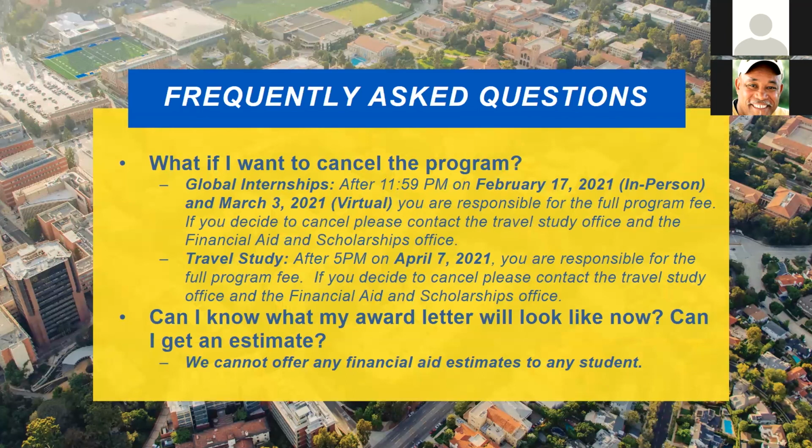Okay, and can I know what my award letter will look like now? Can I get an estimate? Number one, if you have not done the FAFSA, then there's definitely no way that we can provide you with an estimate. Number two, as I said earlier, I can give you the same estimate that you just saw on there, because I don't know what the university grant's going to be next summer. We don't know what the Pell Grant's going to be. Pell Grant is set by the federal government. They can't even come to an agreement on the COVID care grant. So if they can't come to agreement on that right now, we probably won't know about the Pell Grant for next academic year until